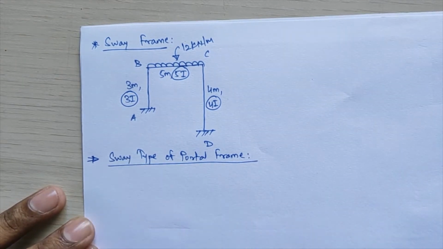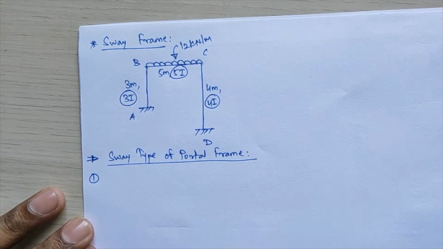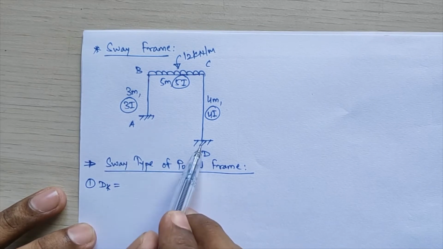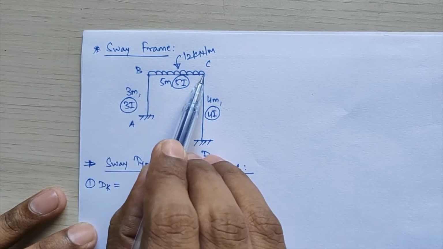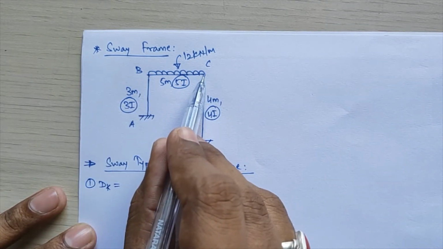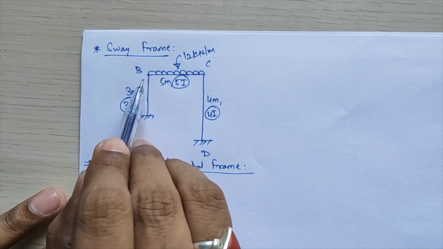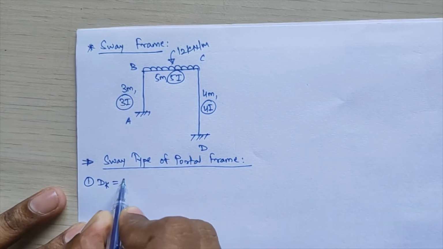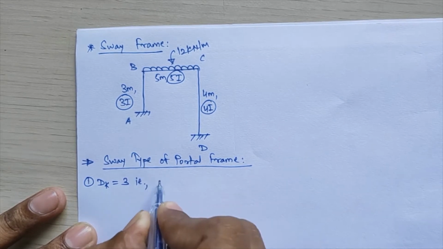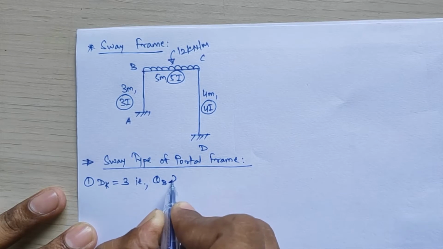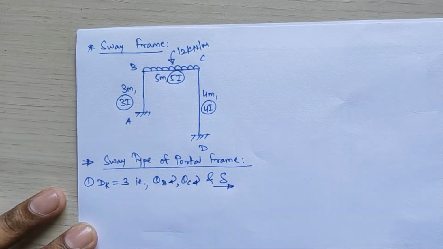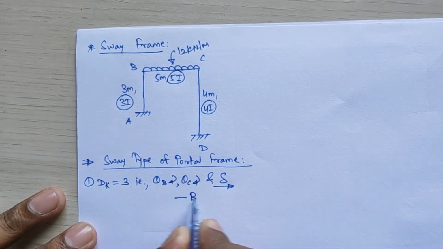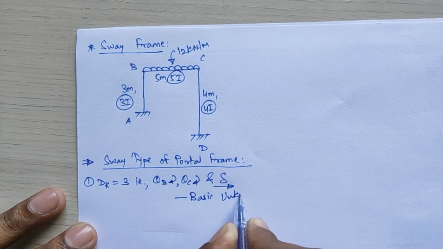Now you have to start with the same initial step, step number 1. You will first calculate the kinematic indeterminacy. Joints A and D are fixed, so the DKI value at joint A and D will remain 0. Joint B is a rigid joint, C is also a rigid joint, so the value comes equal to 2. But this frame is a sway frame, so the value increases by 1, so total DKI will come equal to 3. Those are theta B clockwise rotation, theta C, and the additional value, the sway coefficient delta. So these three will be your basic unknowns that you have to calculate.